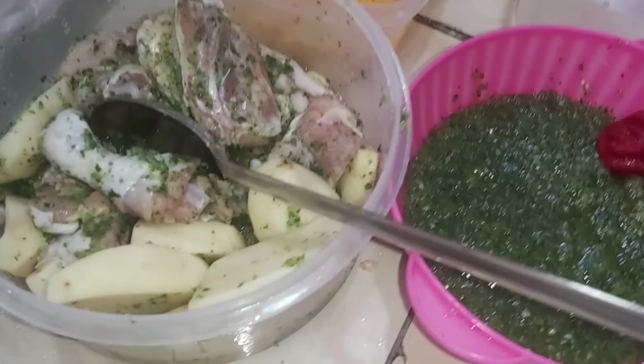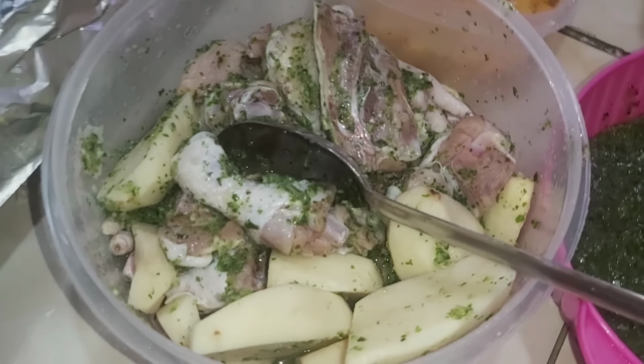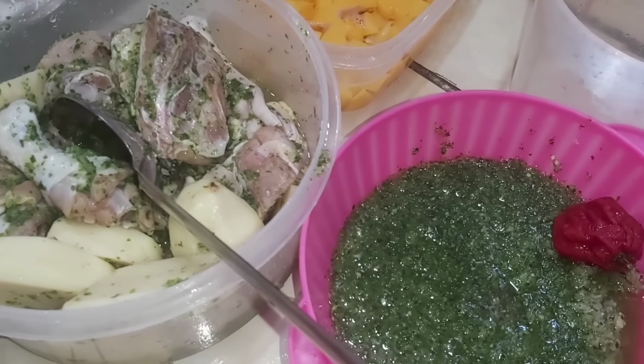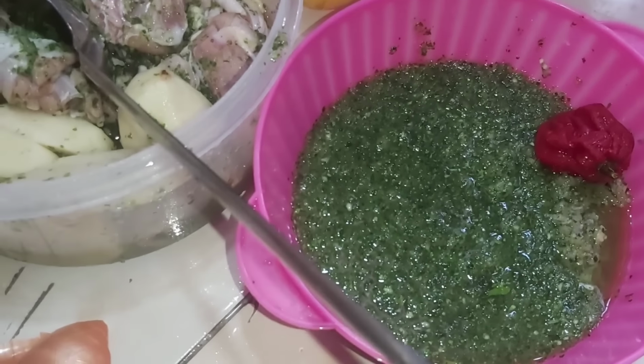Right. So watch out, nice. This chicken looking properly seasoned up. We added some fresh bandhania from in the back. So we picked it and I blended it up with some garlic and then